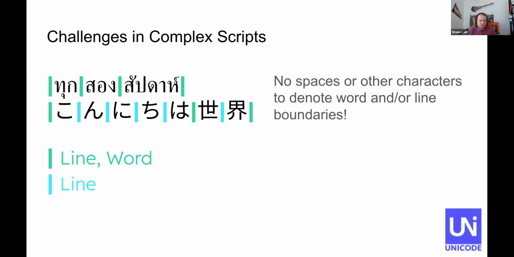In this Japanese text on the bottom, there is one word break in the middle, and then a line break. But in order to figure out how to segment this, we actually need to know something about the languages we're segmenting.